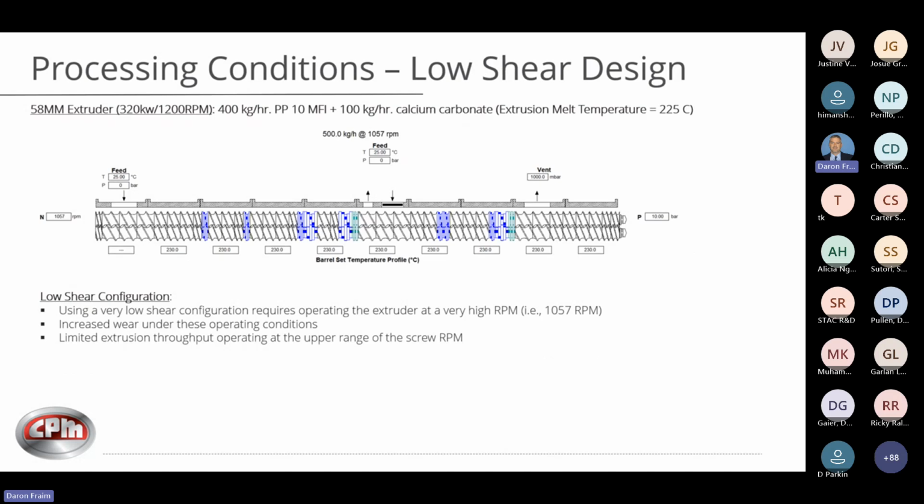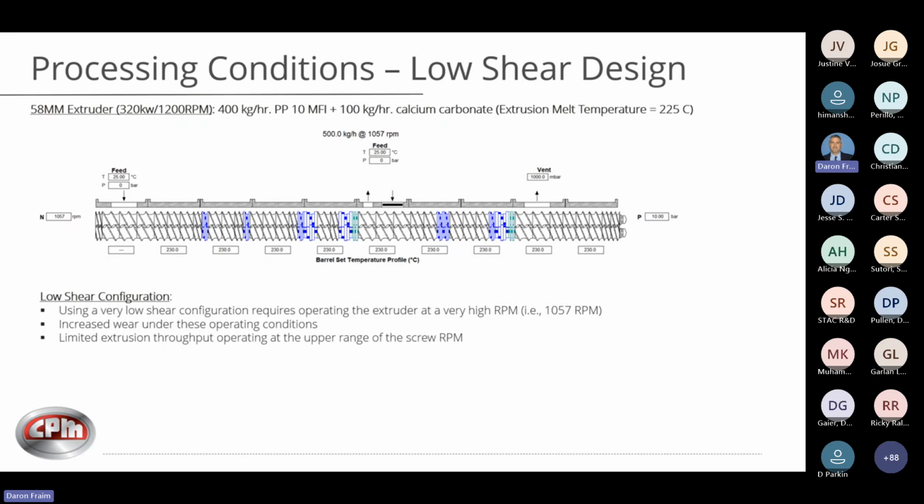Now here, this is just an example of a low shear design. This is just to give you some ideas on process conditions. Here we have a 58 millimeter extruder running 400 kg an hour of polypropylene and calcium carbonate, so it's an 80-20 split. And this is just to show you an example of what I would call an underperforming screw. This is not sufficient to really melt and process. Now, you can operate under this condition,